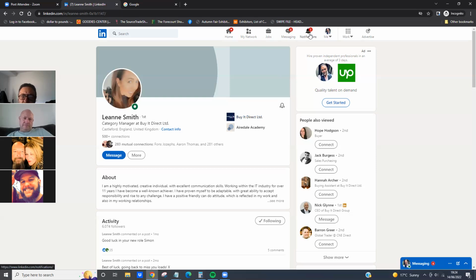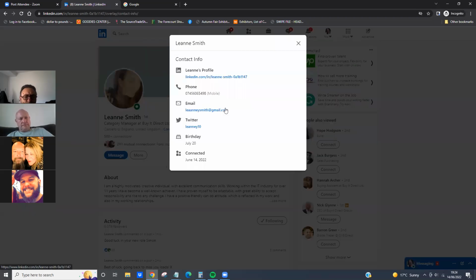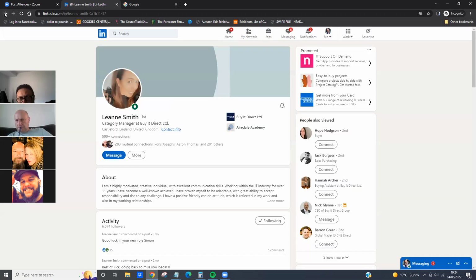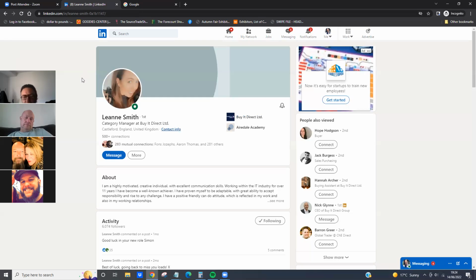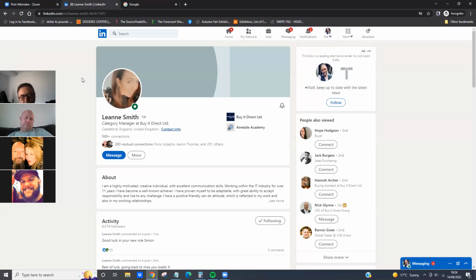It's huge. So yeah, all you do is just click on contact info. Grab their email address, and then build that in an Excel list. So you're building your LinkedIn contacts in your Excel list. And then you're going to be emailing them a letter with the subject header, "We're connected on LinkedIn." I've actually sent a load today out to some LinkedIn connections, and the click open rate is unbelievable. Loads of people click open and read it and actually reply back.